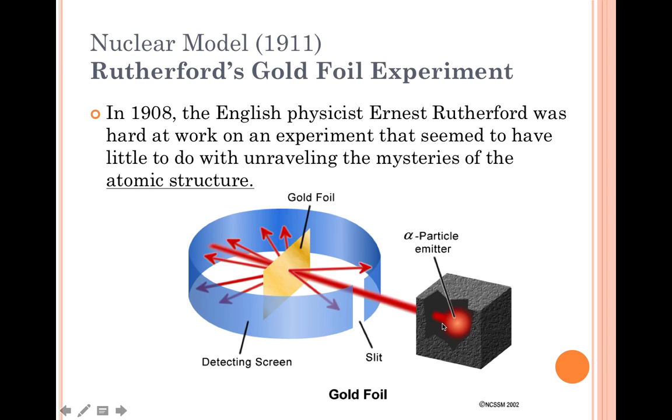But essentially what happened, and it took him 2 years then to figure out why, is that while most of them went through, you can see this red line, a few, not many, were diverted. They went diagonal, and a very few didn't actually make it through. They bounced back. And he had to think, well, how do I explain this? If they're so powerful, why are they being diverted and why are they bouncing back?